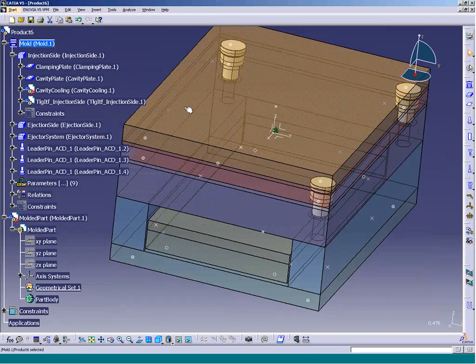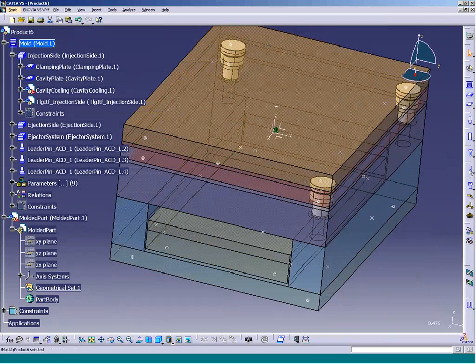Now, typically, if you did this in traditional CATIA modeling, when I dropped in a leader pin, I would have to take that body, do a copy-paste special, result with link, into the other part, do a Boolean operation, do a remove on that Boolean on that part, get the hole, and now when I go to delete that component, I have to delete the component, then I have to go back and delete the Boolean operation as well. It doesn't seem bad when I've got 4 components, but if I've got like 25 components,